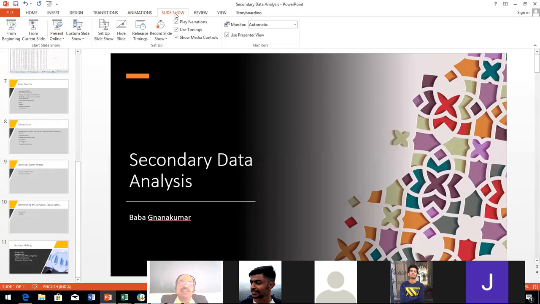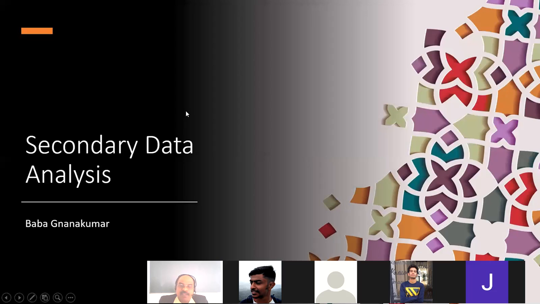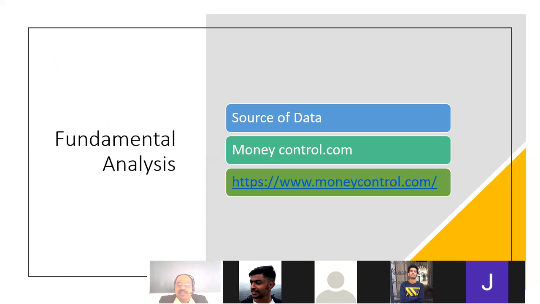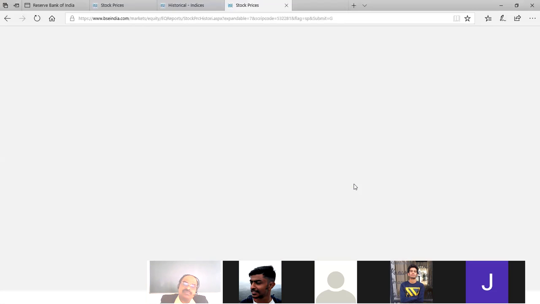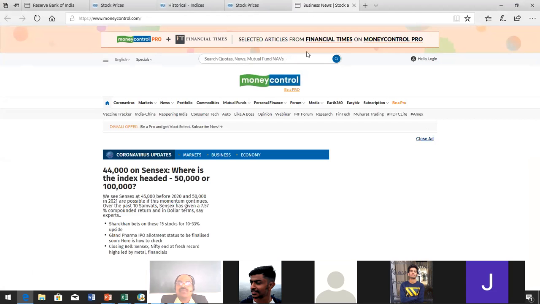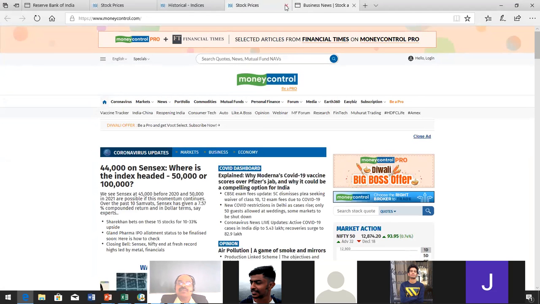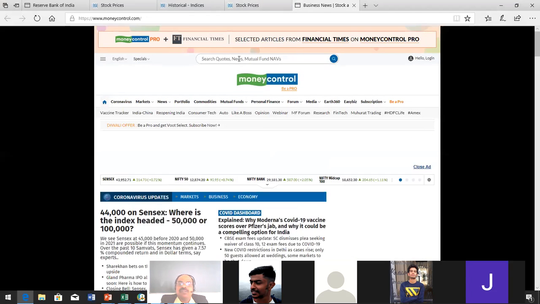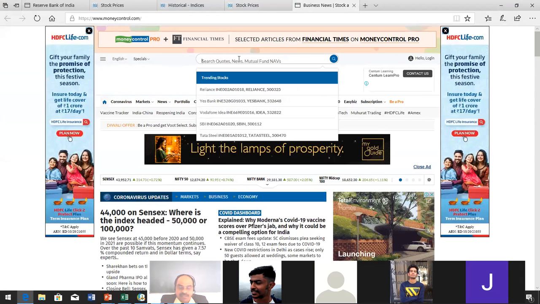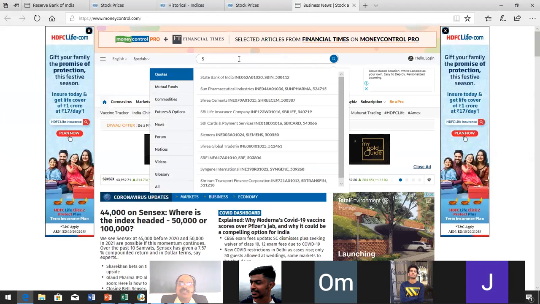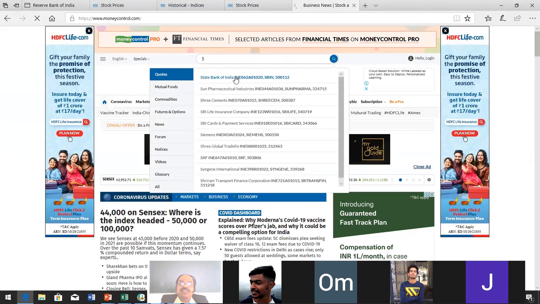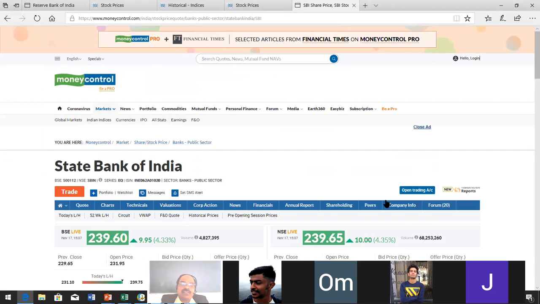Somebody asked for the mutual fund information. You can see, likewise, moneycontrol.com. You can go, and all the ratios are there. Let us see the moneycontrol.com. Yes, this is the moneycontrol.com. Let us see the quote. First, Deepak is doing State Bank of India. Oh, immediately it comes. First line, it's State Bank of India. I click that one.